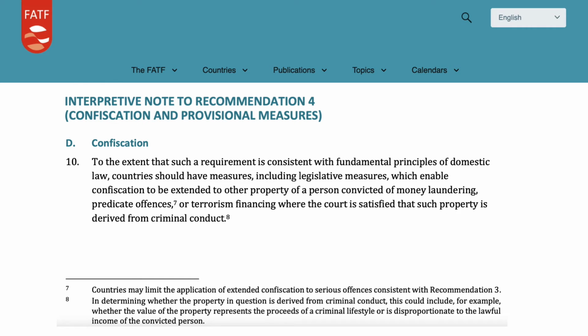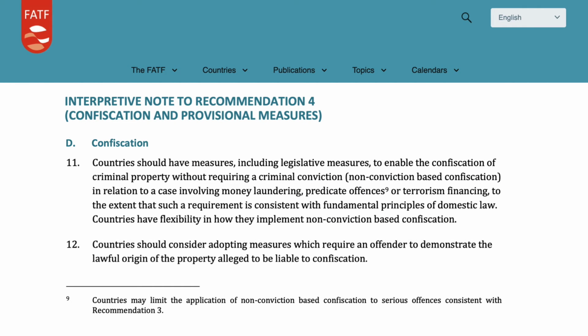This applies when the court is convinced that such property is derived from criminal activity, as described in Note 8, which may involve assessing whether the property's value reflects the proceeds of a criminal lifestyle or is disproportionate to the convicted person's lawful income. Interpretative Notes 11 and 12, still on confiscation, state that countries should establish measures, including legislative